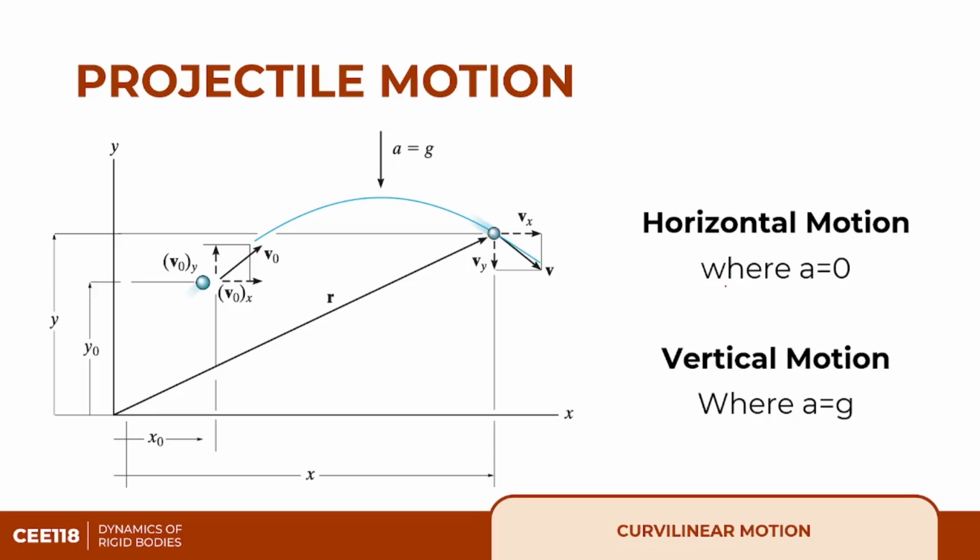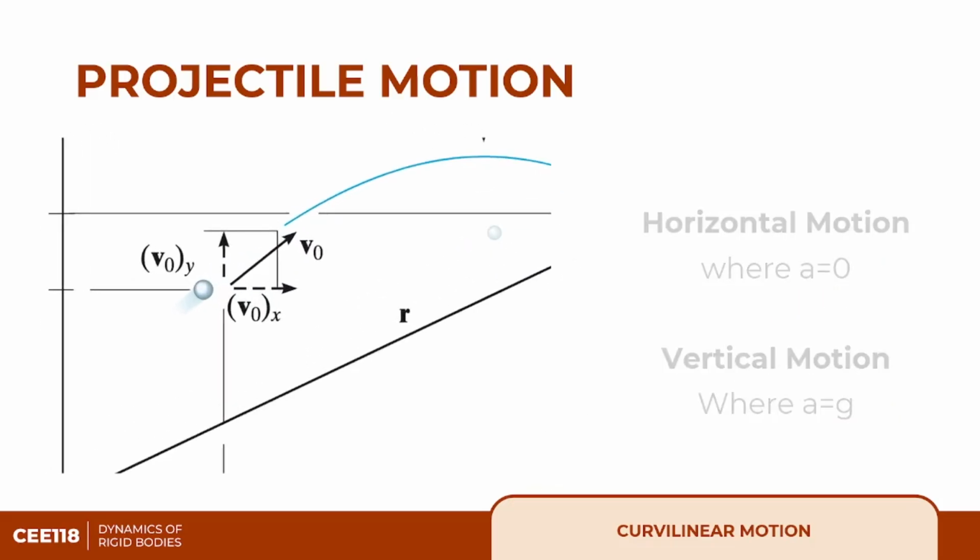So, kapag horizontal motion, your acceleration will be equal to 0 kasi we are in constant velocity na domain. Kapag vertical motion naman, again, that is constant acceleration. Okay? So, yan, no? That is due to the influence of gravity. Sige. Now, so, yan, no? Nakita nyo? Yan yung magiging path ng object natin. So, let's now